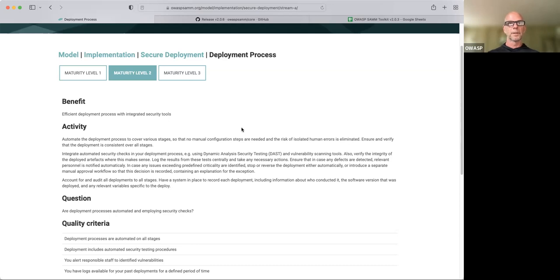So, automating the process across all stages so that manual review and manual interaction with the pipeline is not needed, and human interaction is basically not part of that process, so that human error is minimized or removed entirely. In this case, eliminated. We want to ensure that it's a repeatable process, consistently,